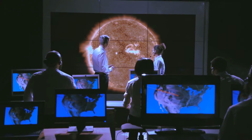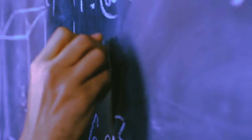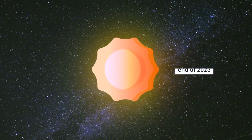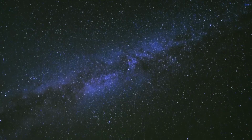And this might be way more extreme than anyone thought. Plus, it's likely to start a little bit earlier than we predicted. Scientists first thought the peak would happen in 2025, but it seems it could even occur by the end of 2023. We can't completely protect ourselves if a solar storm hits us directly, but we can still do some things